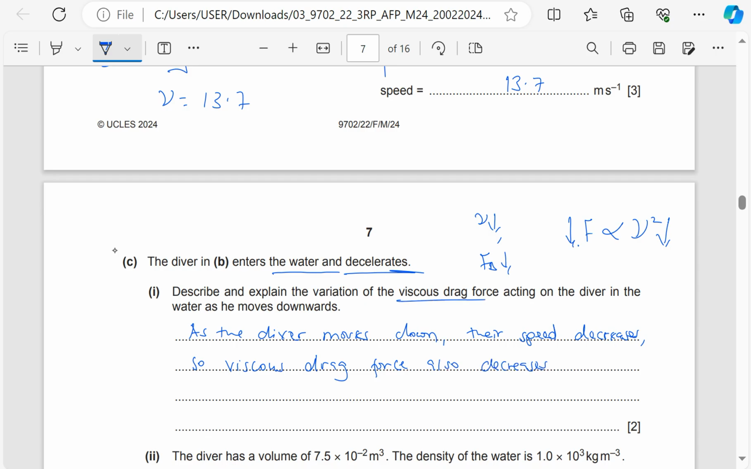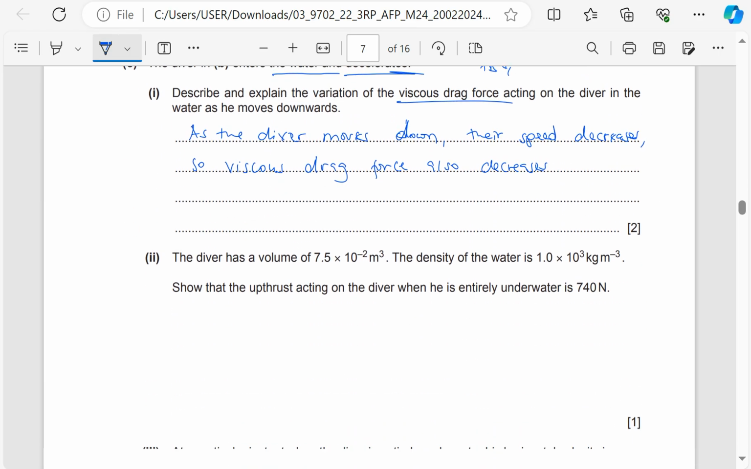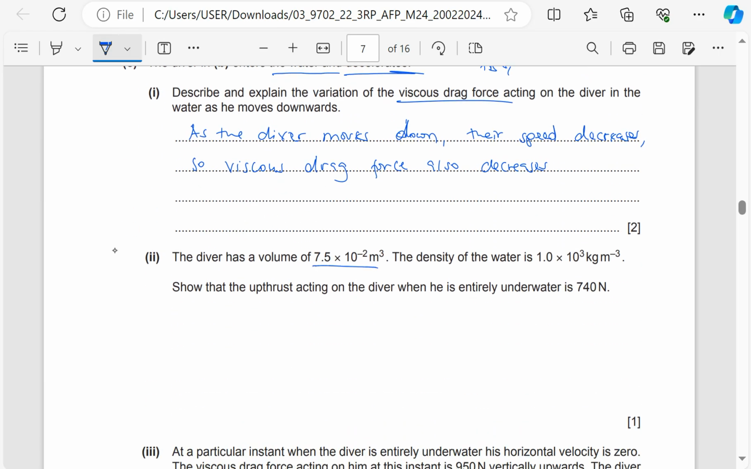So viscous drag force is like friction. If the speed decreases, the friction decreases. Or if the speed in a medium or in a fluid decreases, the resistive force from that medium also decreases. So this one decreases. Then the diver has a volume of 7.5 times 10 to the power of minus 2